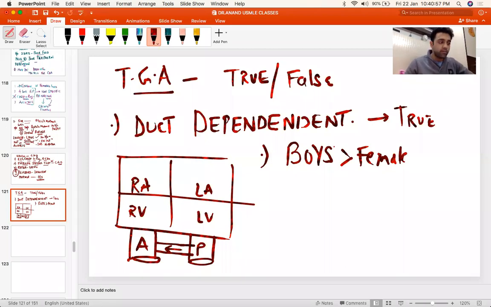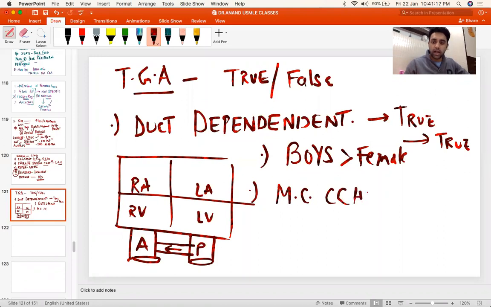It is more common in boys than girls. So what do you think? Is it false or true? Any idea? It is more common in boys as compared to girls. So Nelson says it is true. It is actually more common in boys as compared to the girls. Okay, remember that. And point number 3, it is the most common cyanotic congenital heart disease